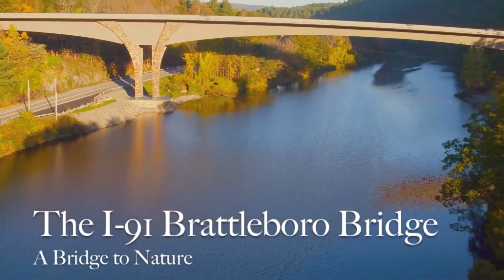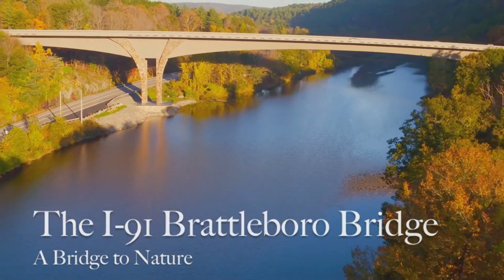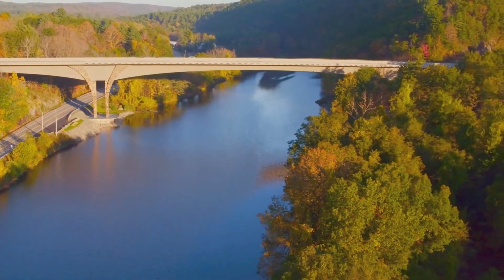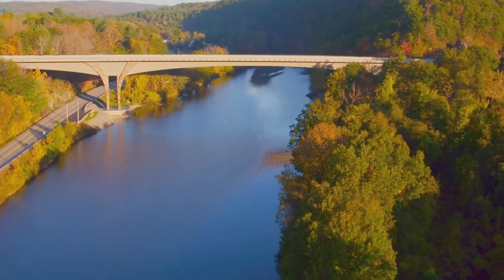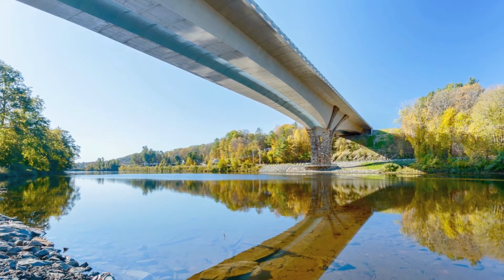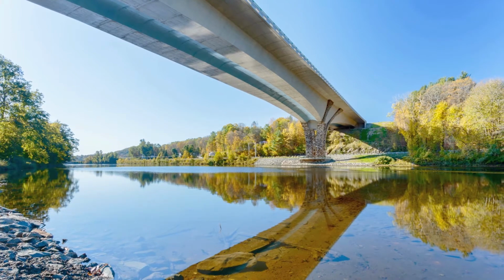The I-91 Brattleboro Bridge, a bridge to nature. On September 12, 2017, the Vermont Agency of Transportation opened a new gateway to nature in Vermont. This signature bridge, inspired by Vermont's natural beauty, is the largest bridge in Vermont's history and creates a special gateway